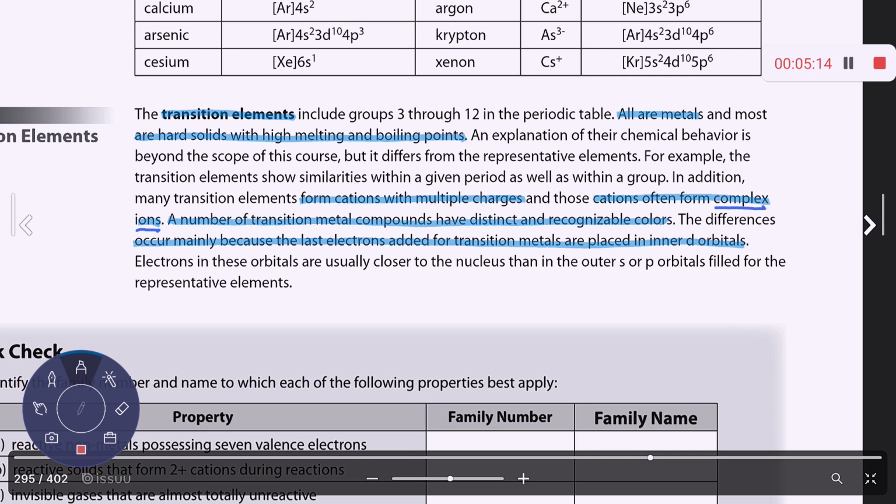Okay? Okay. Now, let's take a look at the last pages. On the last couple pages of this section, all they're doing is they're kind of referring back to the electron configurations that we learned in the previous section. And they're just showing you that